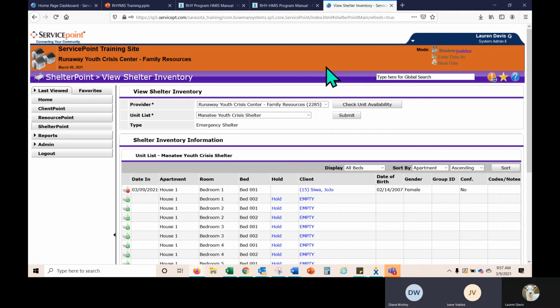Okay. Your username and password are the same. I wasn't clear in training that when you go to log in to the training site for the first time, you're going to use that same temporary password you used to log into the live site.